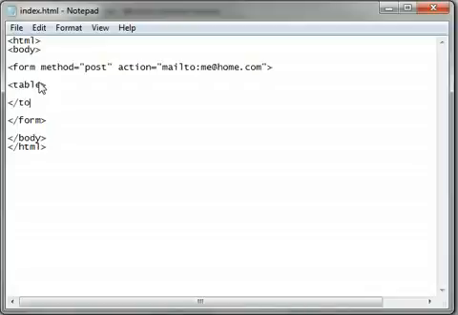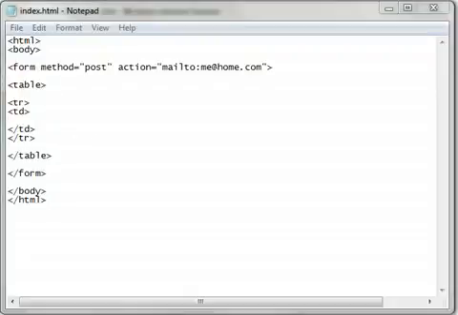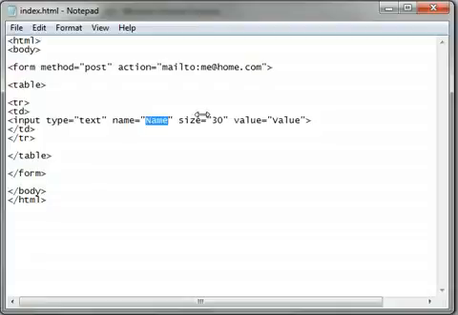For example, you can see that I'm starting to create a table inside of a form. Now what this does is allows me to split the information in a manner that the user will be able to read and understand what they're supposed to do. For example, we will just simply copy from another page here. I'm cheating for the sake of time. We will just paste an input called first name,